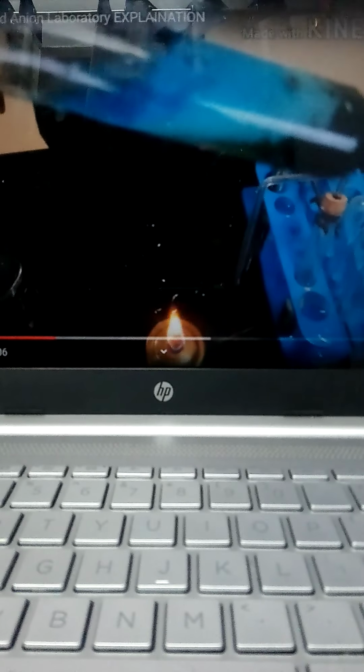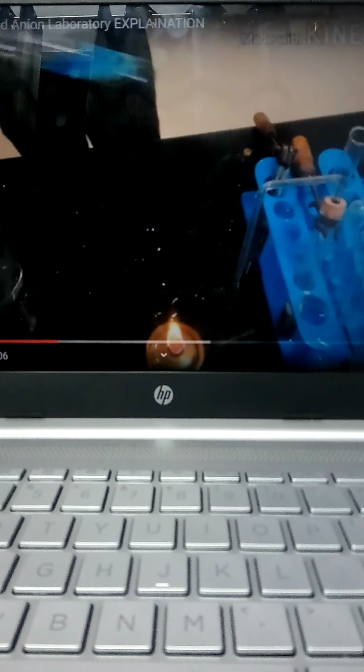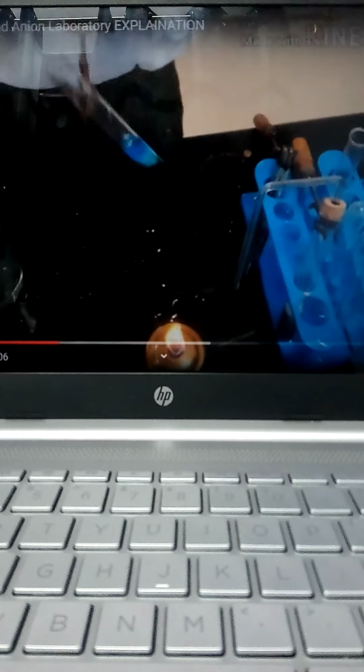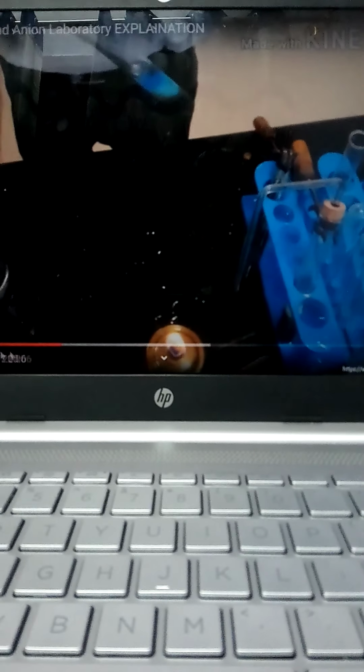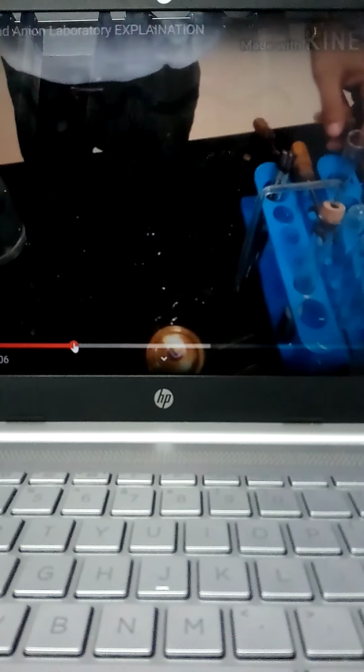Okay, so this is the first part. You can clearly distinguish a blue color solution in the test tube. Okay, next, take another test tube that contains black precipitate. So for this you have to add dilute acetic acid